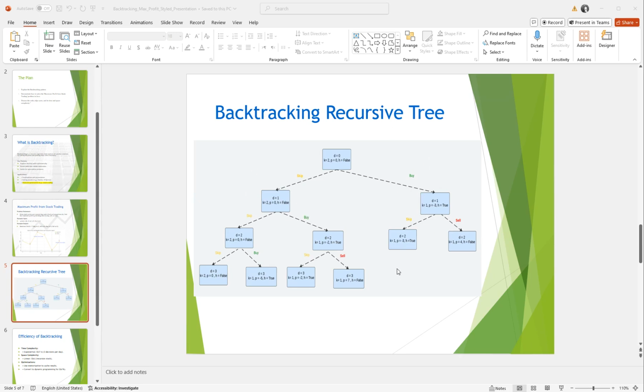And as you see, it expands as we make other decisions, or if we have more transactions, or if we have more price data, more than 6 days, like 7 or 10 days or something. So now let's go to the code that will implement this algorithm